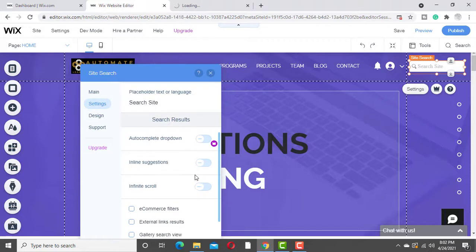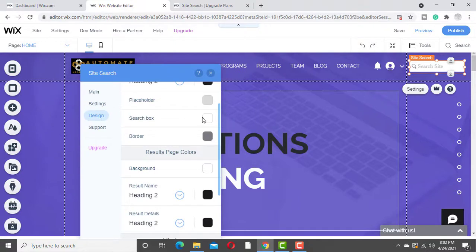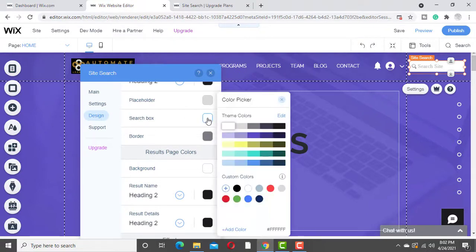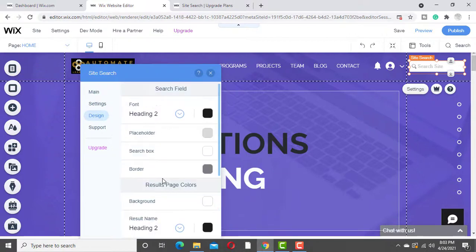We can design the search button by clicking this design. We can change the heading, placeholder, and what color the search box should be. Let it be white, and the border. You can change the design of the text box over here.